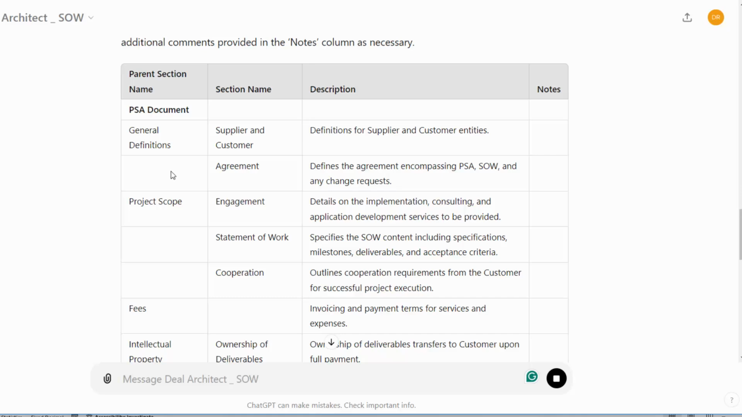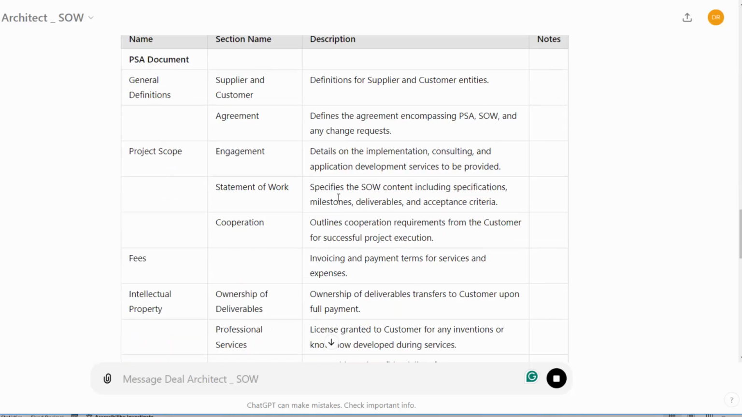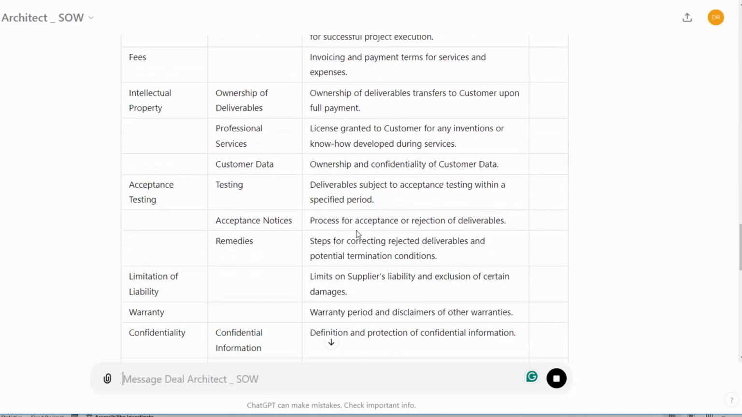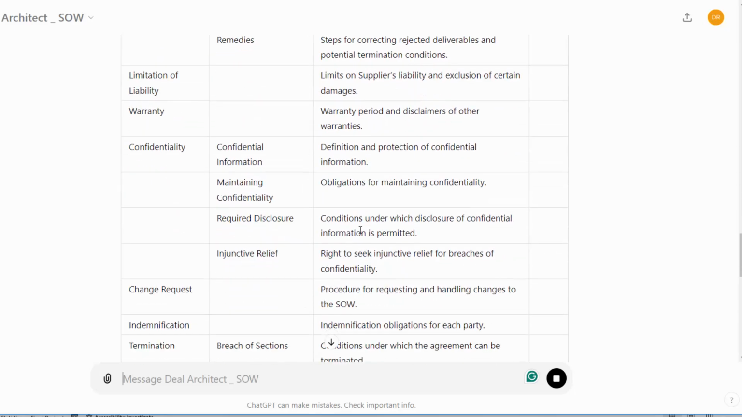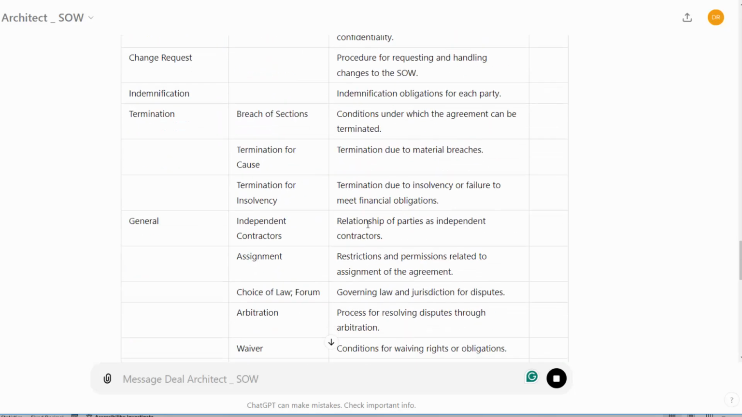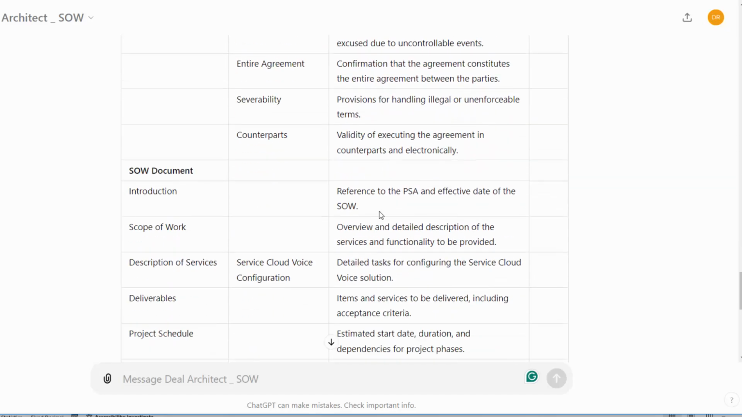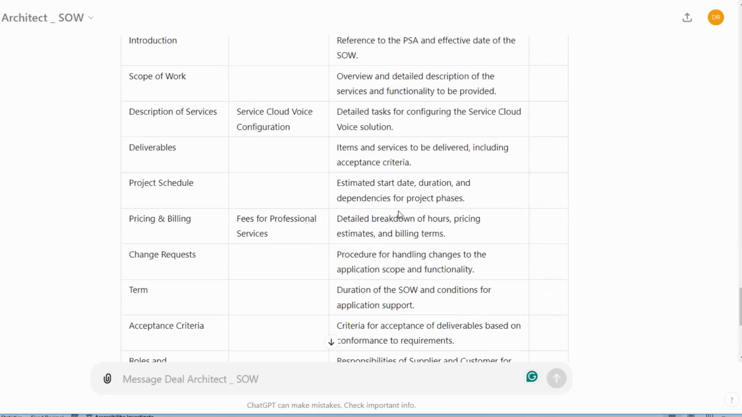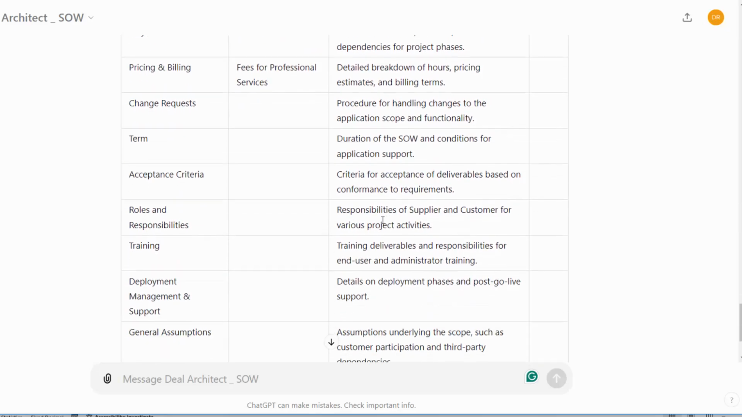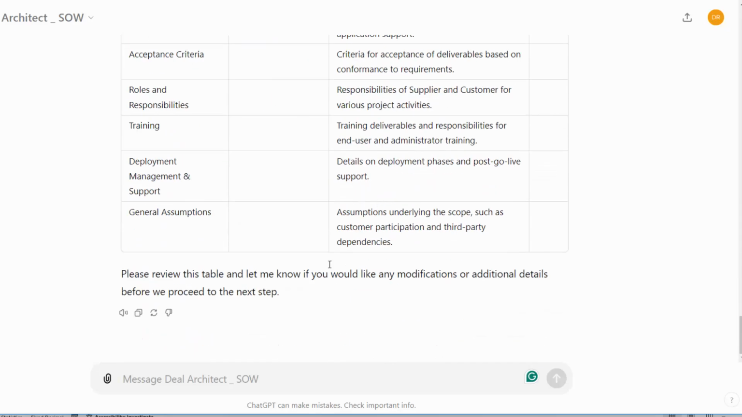So in the PSA document, we've got definitions, scope, fees, acceptance testing, confidentiality provisions, termination sections, general. Now this is done very well. In the SOW, statements of work, description of services, deliverables, schedule, term. The LLM has done a very reasonable workmanlike job of decomposing the documents. Let's proceed to